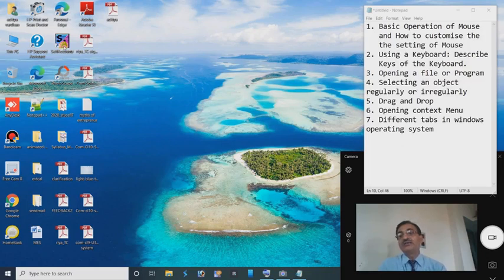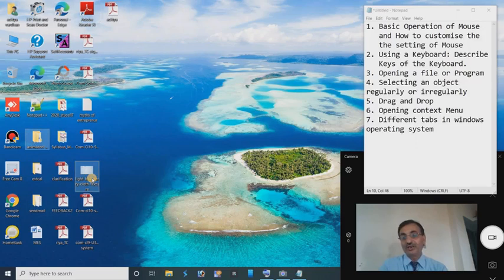For example, suppose we require to select This PC and this file, this file, this file. How can it be possible? Simply hold down the control button at the time of pointing and clicking on the icons. This time I am holding the control button and now I am going to click on the different icons.